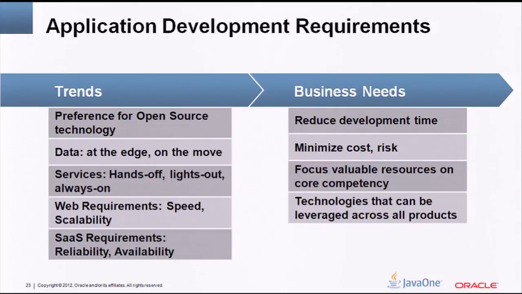Some of the trends that we're seeing that have really been driving the adoption of Berkeley DB recently. Number one, a preference for open source technology. This is really being seen across the industry. Many of the new startup companies are fully open source now. Another one is that data is really getting pushed out of the data center. It's on mobile devices, on devices in far-flung locations of your network. The idea of all your data being in one location and being served out from that location is